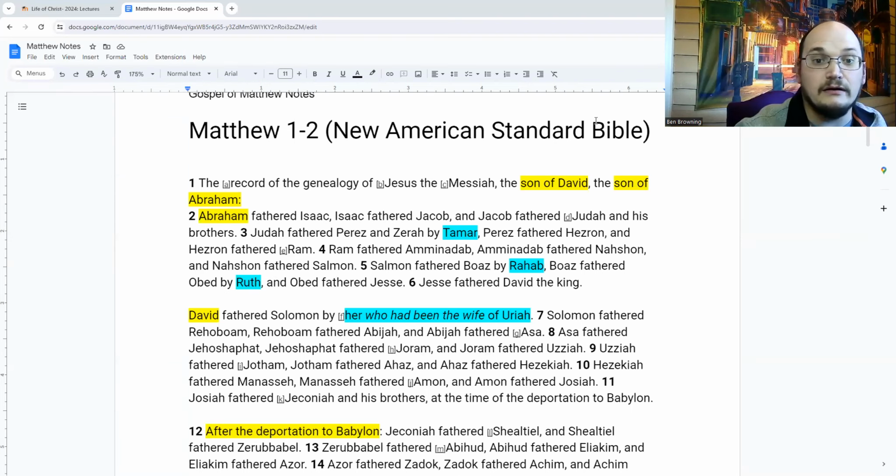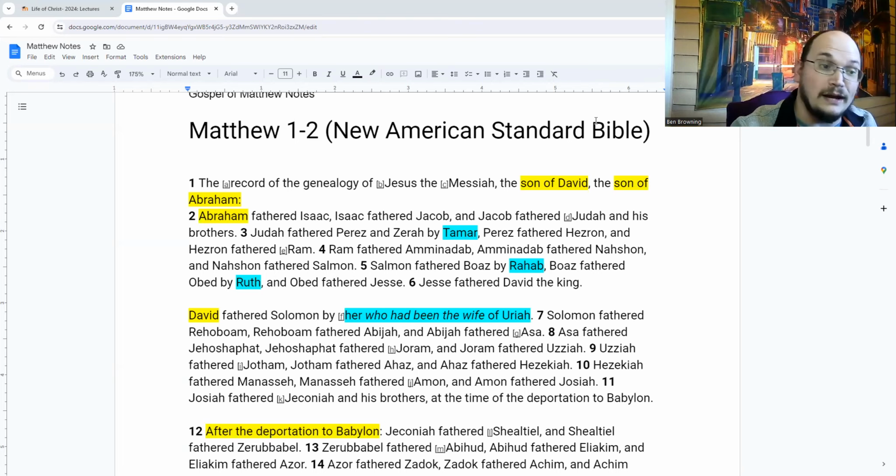Hello. Today we are going to be talking about Matthew chapters 1 and 2. So these are pretty well-known passages. It can be really tempting to think we already know everything there is to know about these passages because, in particular, they cover the Christmas story. They cover Jesus's beginning. So we can tend to think, oh, I know this story. We know all there is to know about this. But I think that as we go through it, we're going to glean a little bit of extra and grow